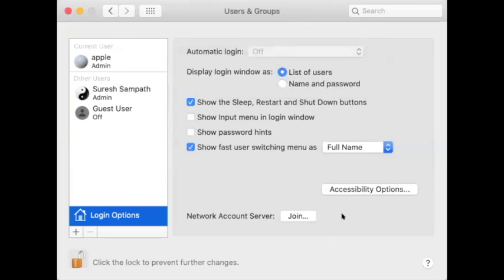Once it is bound, you will get your domain name here with a green light. Instead of a list of users, it'll show an option where manually you have to type your username and password. So you can type your AD credentials. Once it is bound, directly at the login page, you can type your domain username as well as password, and you can log in.